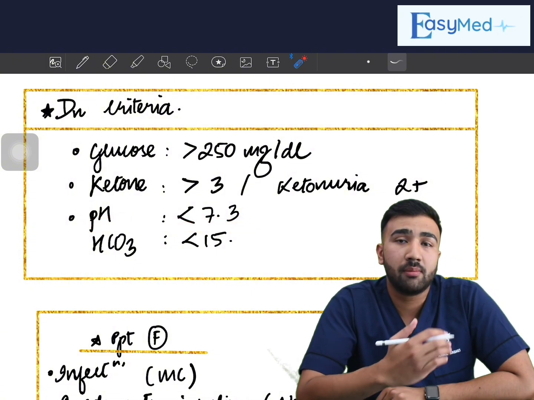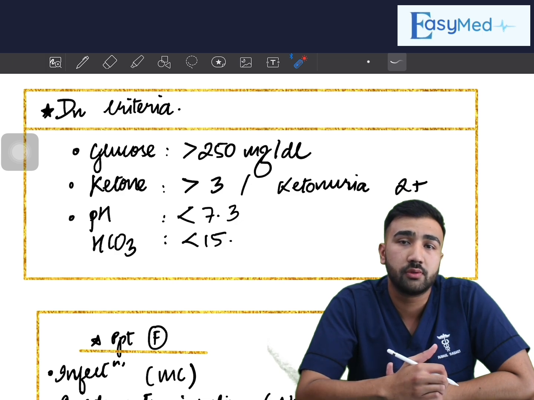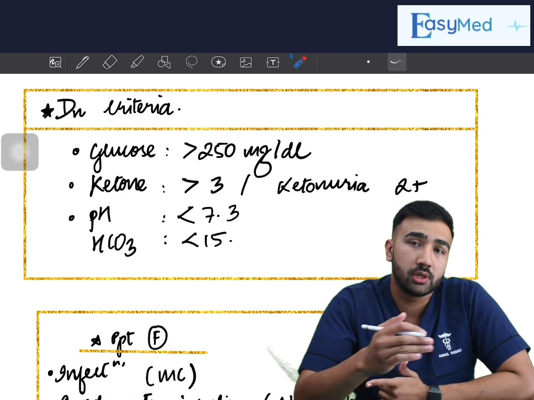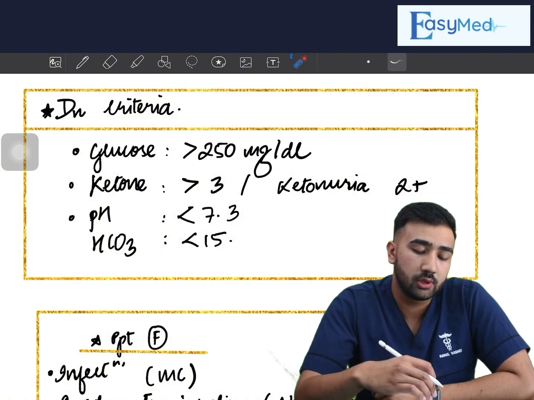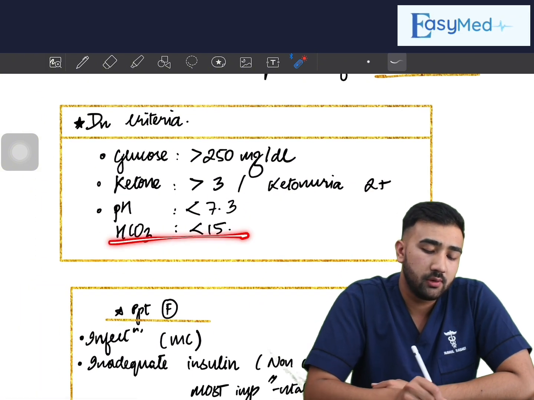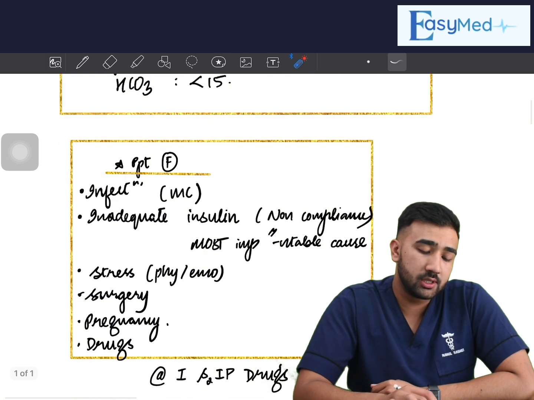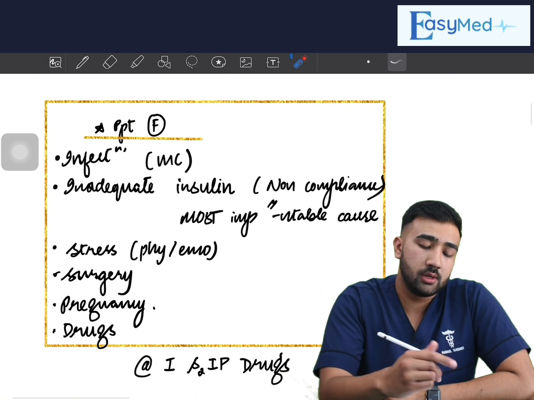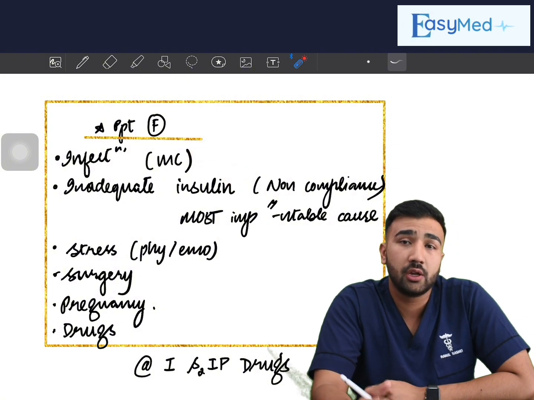So नाममै यसको चाहिँ definition छ. Diabetes भनेपछि glucose it has to be more than 250. Keto means ketone more than 3 or ketone urea 2+, and acidosis means pH less than 7.3 or bicarbonate less than 15. Talking about the precipitating factors for diabetic ketoacidosis, the most common ones are the infection and inadequate insulin,